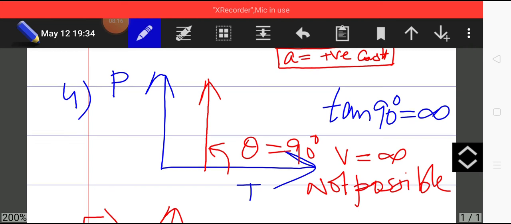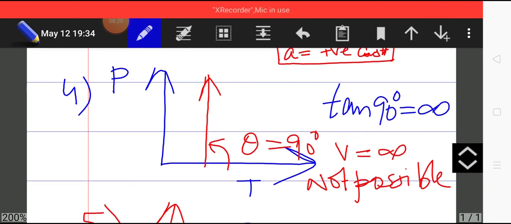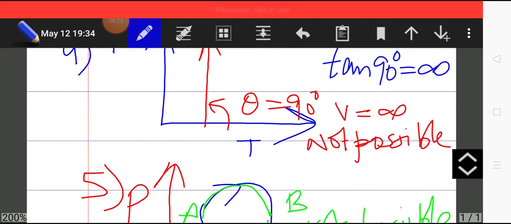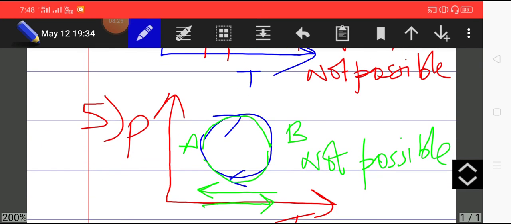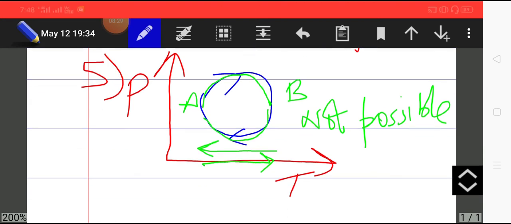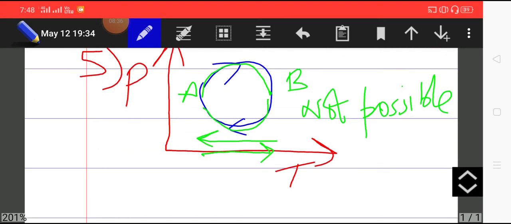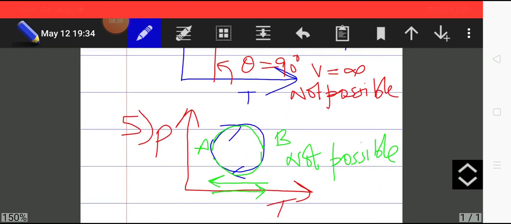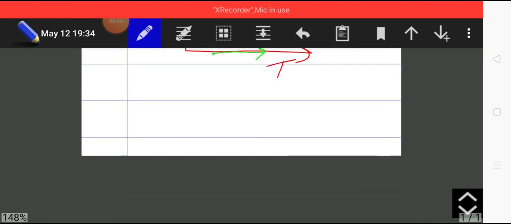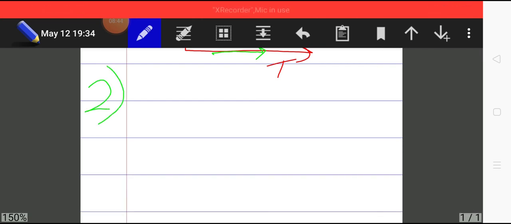Then I discussed with you that theta equal to 90 degrees is not possible, because tangent 90 is infinite, and infinite velocity is not possible. And also that in a position time graph, any graph in which time is shown to flow backward is not possible, as the arrow of time always flows in the forward direction. So after discussing these 5 points, in the second part of this video we are going to discuss the same things